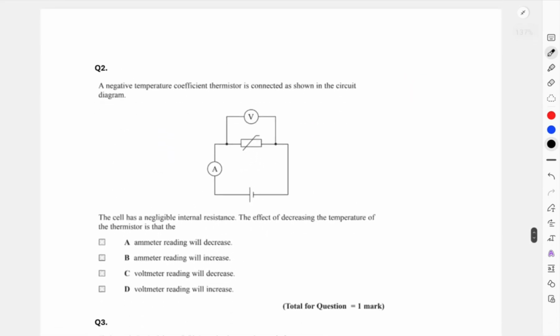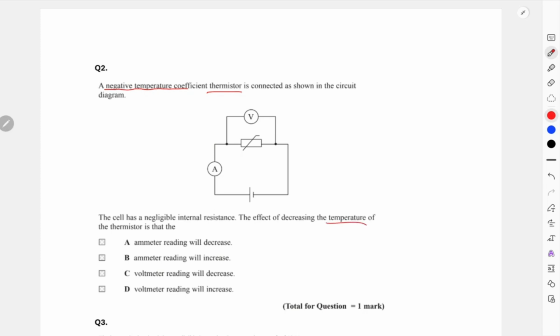Question 2. A negative, again, this is about negative temperature coefficient conductors. That means thermistors, right? Where temperature and resistance are inversely proportional, are connected in the circuit as shown. Okay, a cell has a negligible internal resistance. That means small r is not over here. Internal resistance is 0. And the effect of decreasing the temperature of the thermistor is that